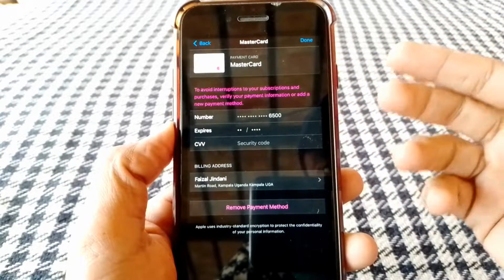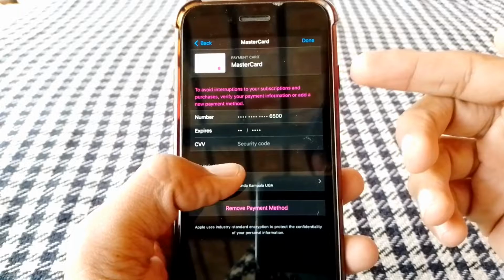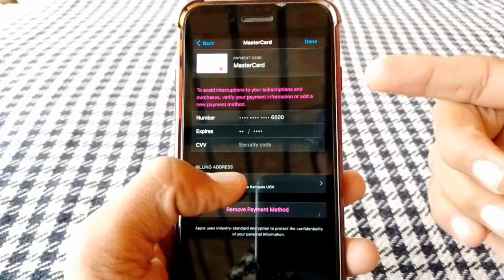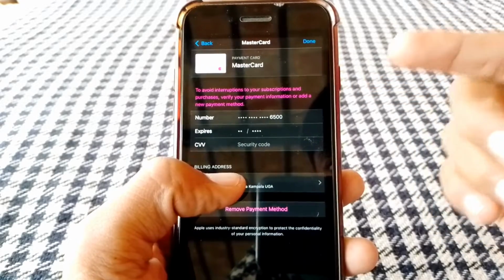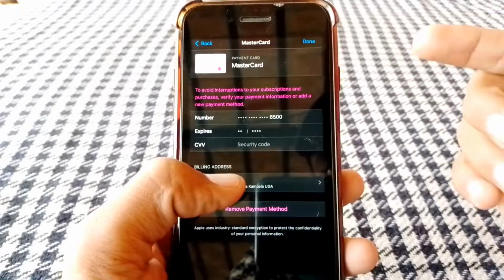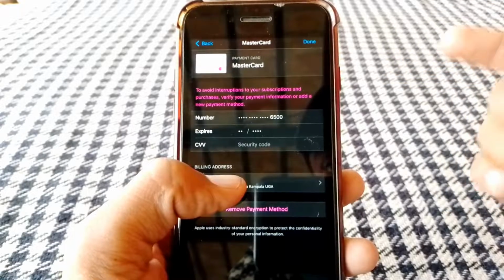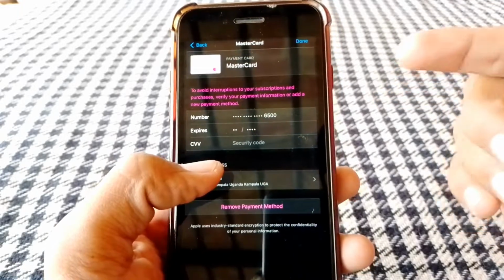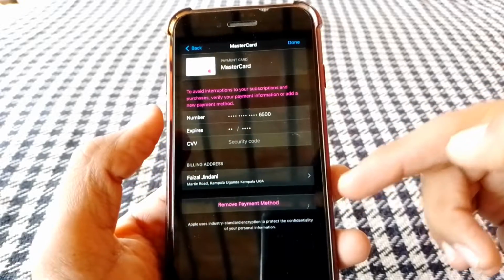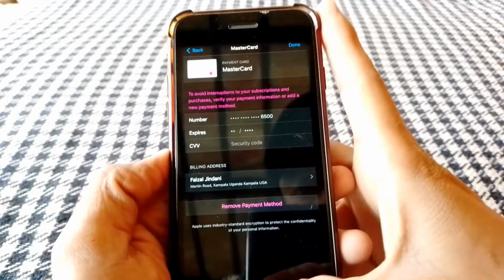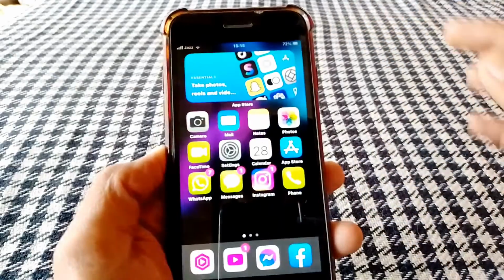So guys, in this video I'm gonna be showing you how to fix this type of error if you try to purchase an app from the App Store and it shows the error: to avoid interruption to your account purchases, verify your payment information or add a new payment method. So guys, firstly you have to remove your payment method from here. Okay guys, just simply remove the payment method and then you have to close this page, and after that just